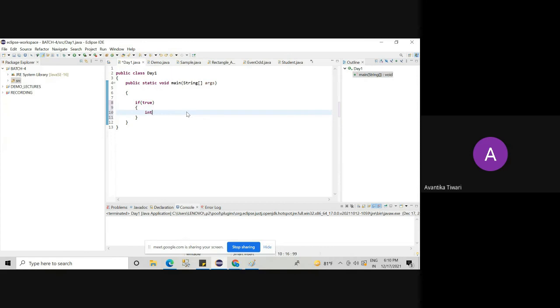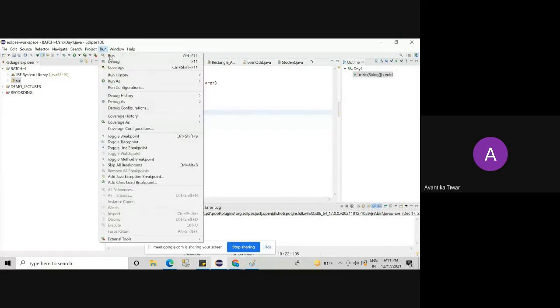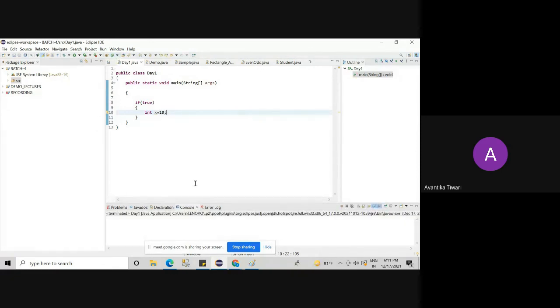And here I am doing this, int x is equal to. Okay. Is it valid? Yes ma'am. Is it valid? The else part is skipped, no problem. Okay. But I have written the if part and the curly braces are also there. And what I am doing, I have declared one local variable x and I am giving it some initial value 10. Okay. Let's execute it. Okay, no problem. Compiler is fine.